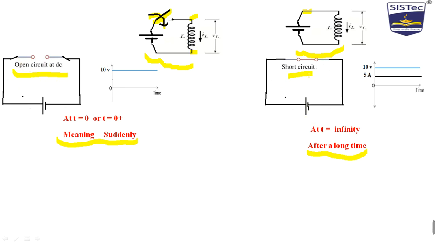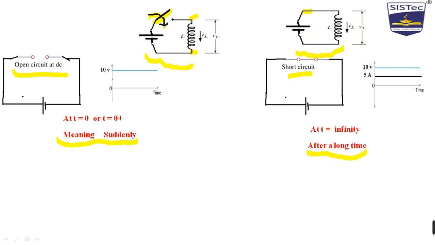That means from t equal to 0, you can guess in such a way, though this is not the correct way to understand, but let us assume that at 10 o'clock I have switched on, then until 1 minute past 10 no current flowed, and at 2 minutes past 10 full current started flowing. The waveform between 1 minute and 2 minutes is what we are studying in the network analysis subject.